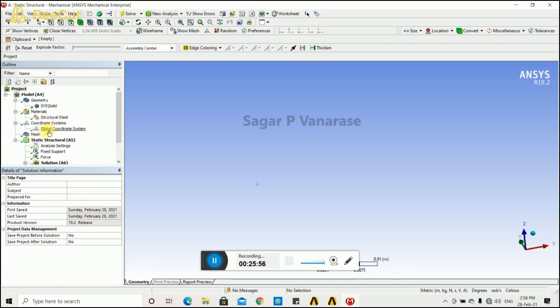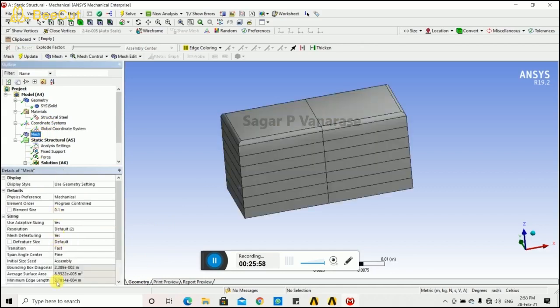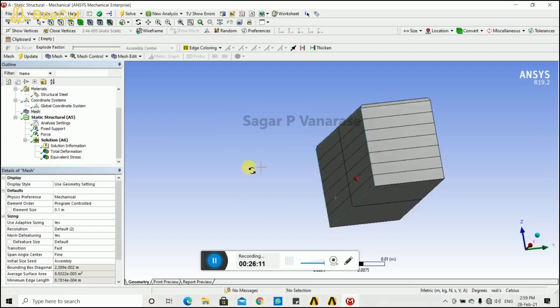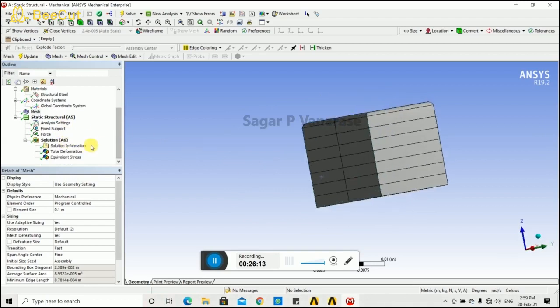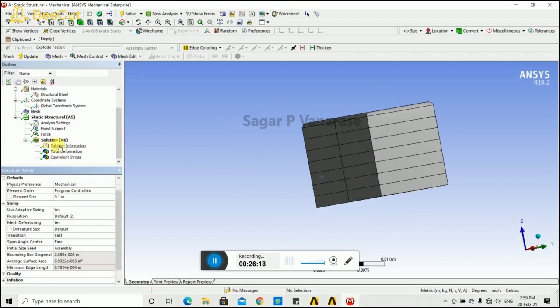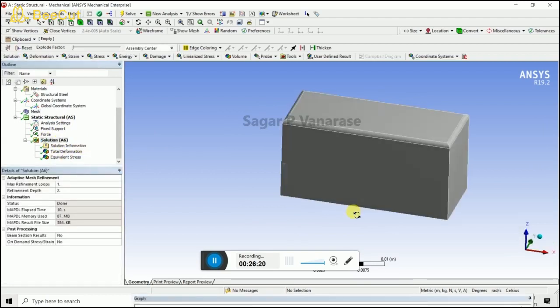We have selected the geometry, the materials, the flow chart, the structural steel, the meshing we had done, then we applied the static structural analysis settings. In analysis settings we applied the fixed support from the right, and a force of 100 Newton from the left side. After this we can generate the solution.